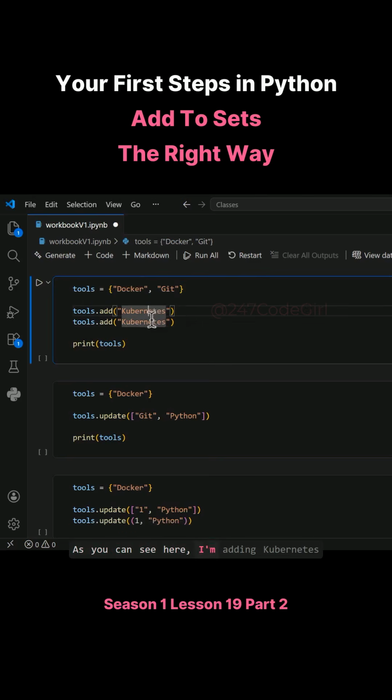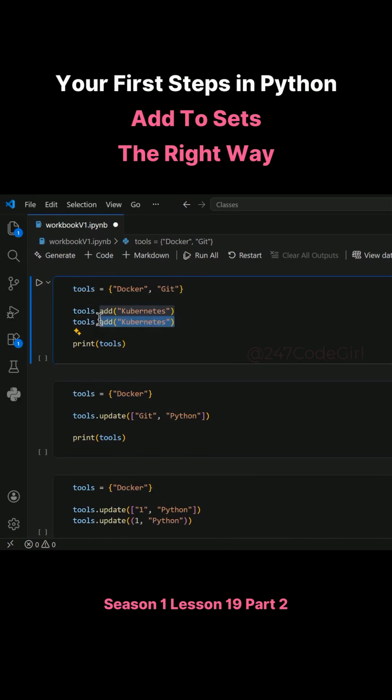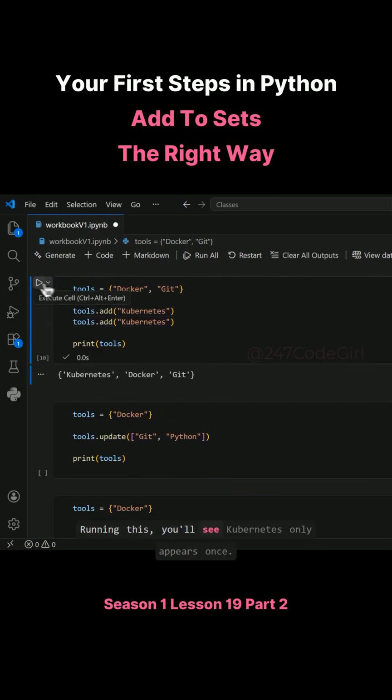As you can see here, I'm adding Kubernetes twice, but the power of a set is that it only allows unique values. So what happens when I run the add method twice? Running this, you'll see Kubernetes only appears once. This is perfect. Even if you loop through and add multiple items, the set will ignore anything already in the